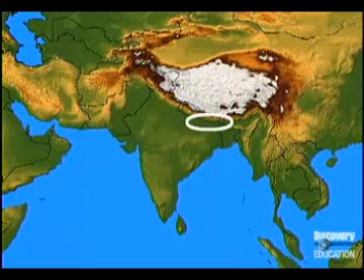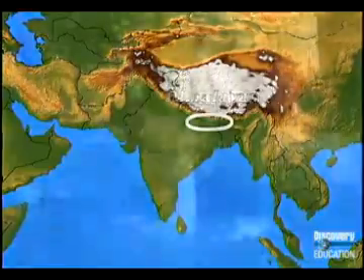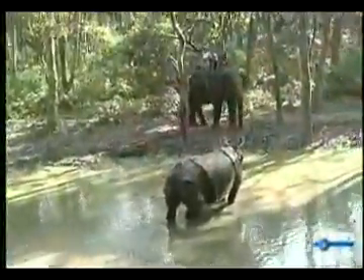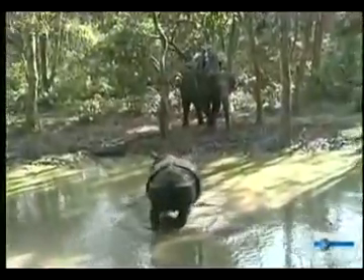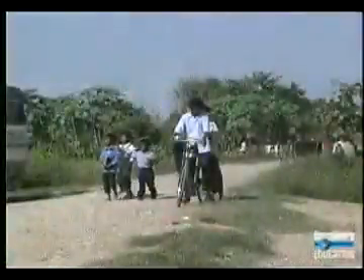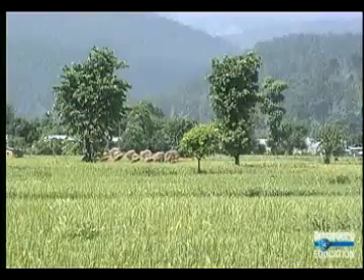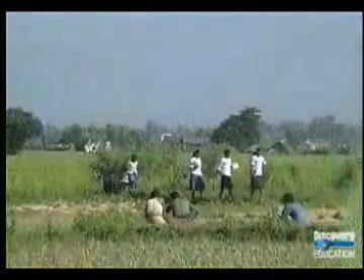Another very wet region is found on the southern side of the Himalayas, in northeast India and southern Nepal. Some of the forests in this area are home to tigers and the rare one-horned Asian rhino. As in southern India, much of the forest has been cut to clear land for rice production and to grow other types of crops.